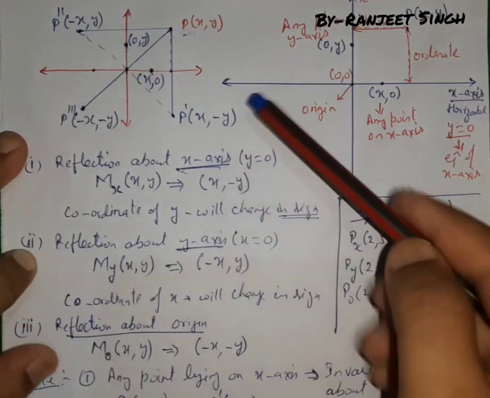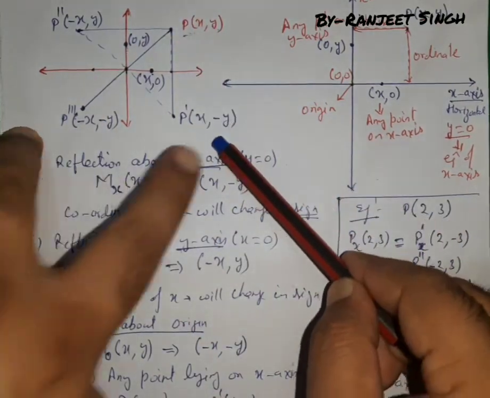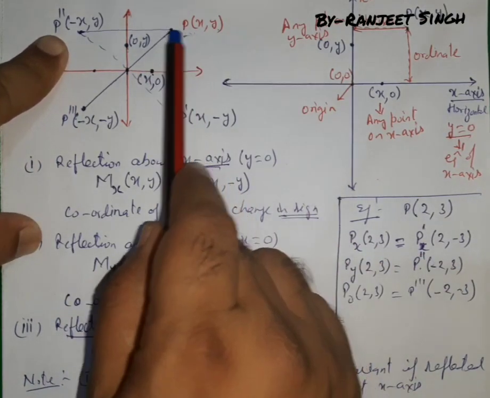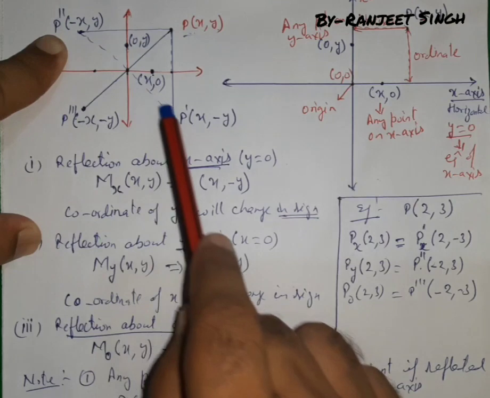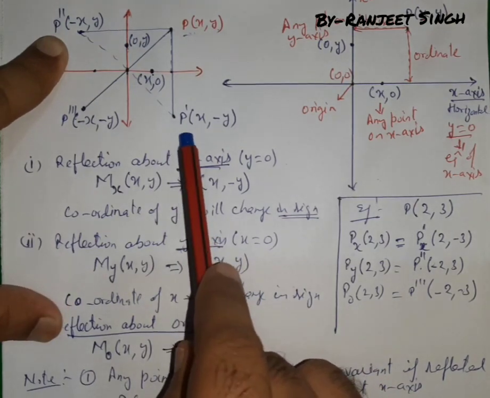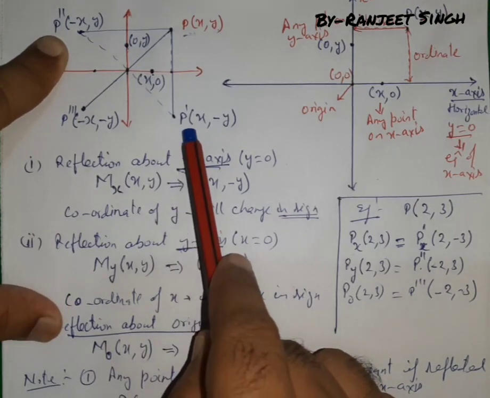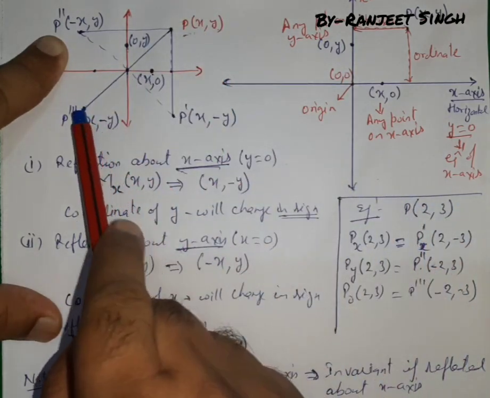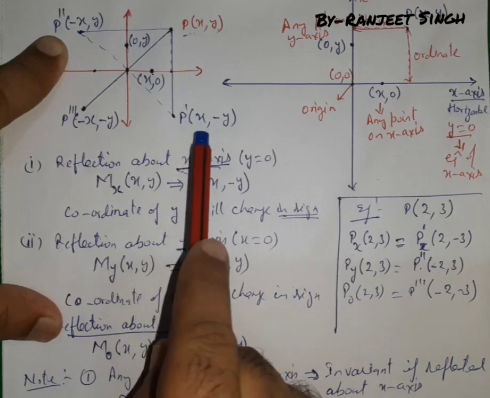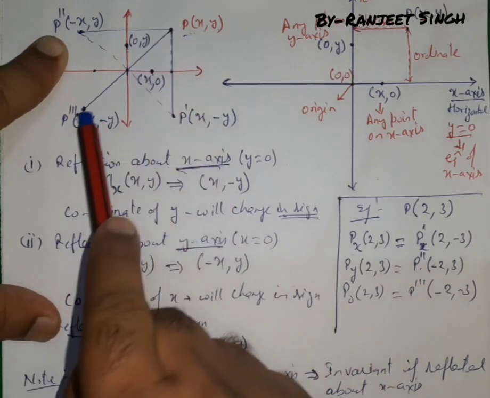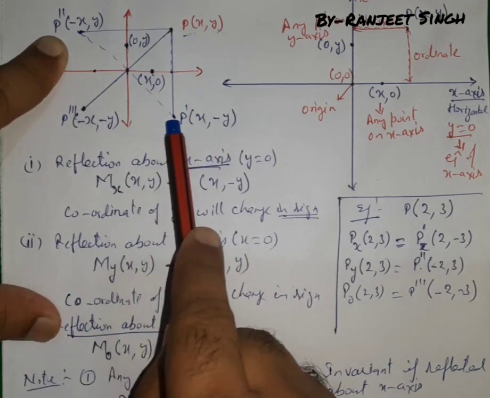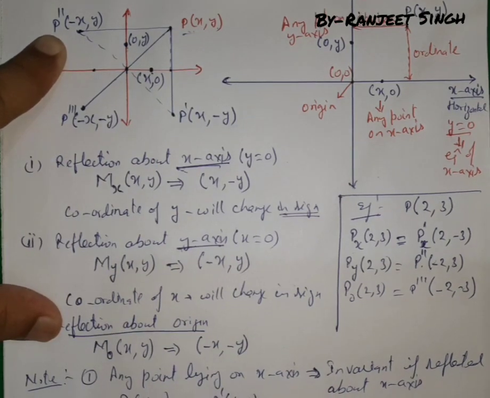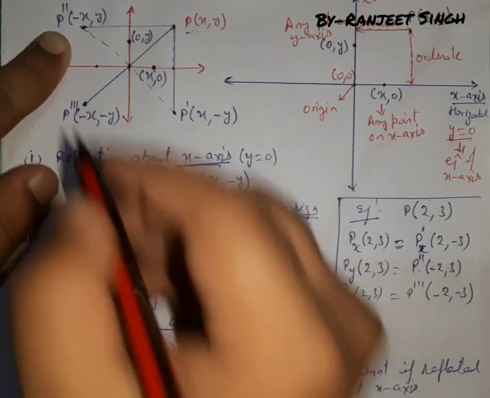So reflection about x-axis and then through origin gives a single transformation through y-axis. Similarly, reflection through y-axis and then through origin will give a single transformation through x-axis. And also we can say first origin and then y will give me reflection under x, first through origin and then through y. So I hope that now these things are clear, and now you can complete exercise